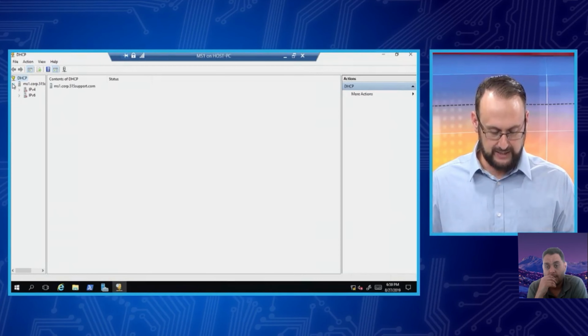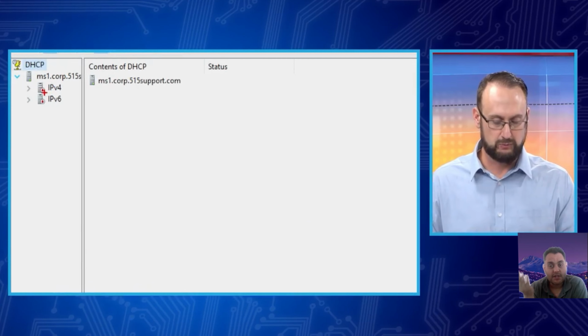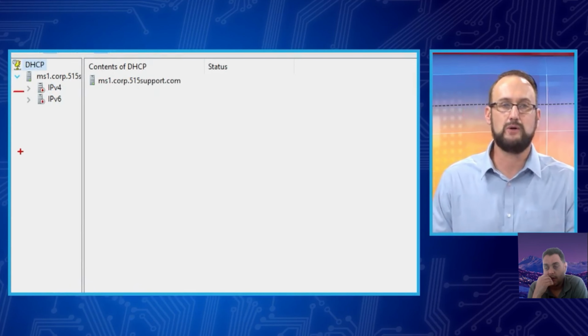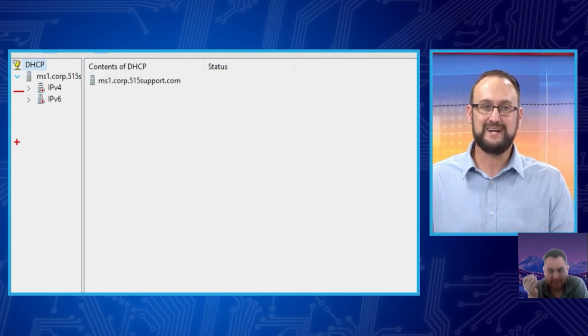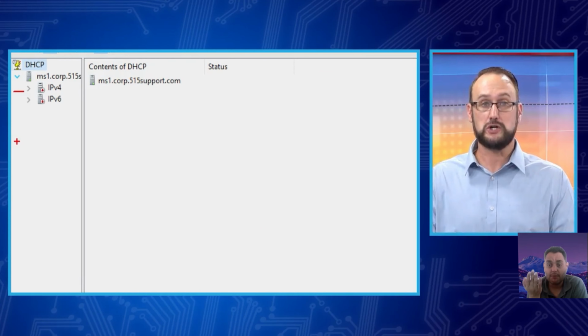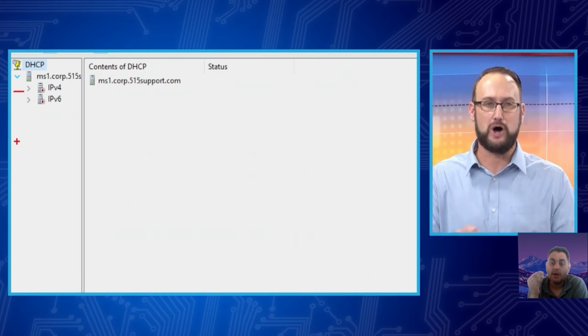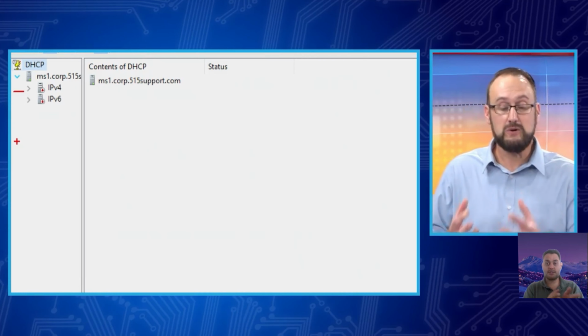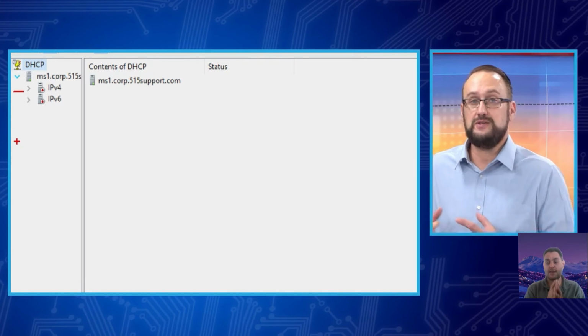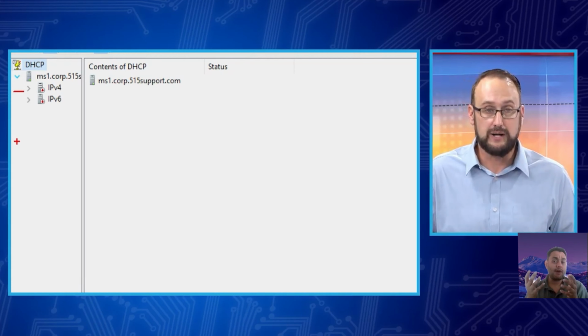And one of the things that I notice right away is that we've got a couple of red down arrows in both our IPv4 and our IPv6 scope. So right here, what it's telling me is the DHCP server itself is turned on, but the service isn't offering IP addresses. So my theory, if you will, is that if we turn the DHCP server back on and we